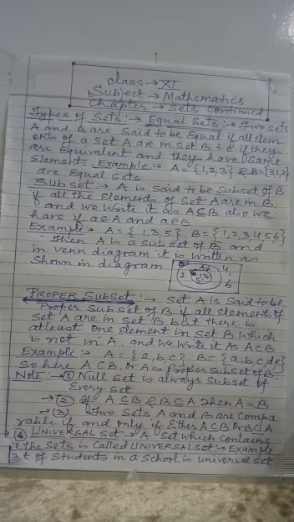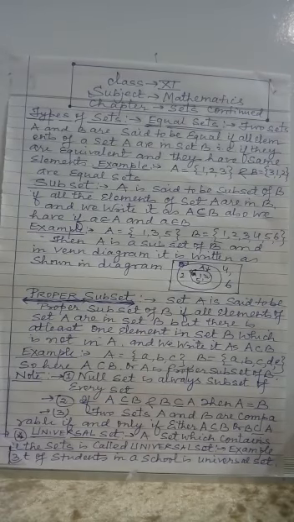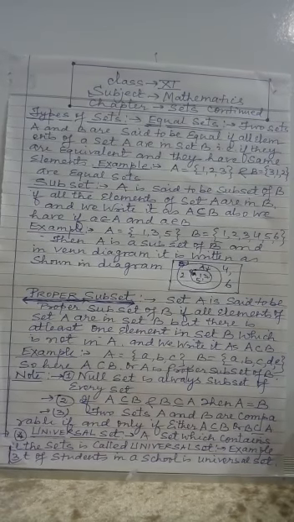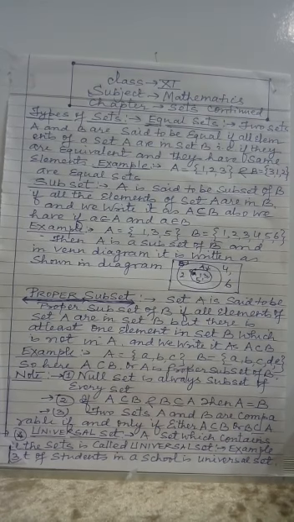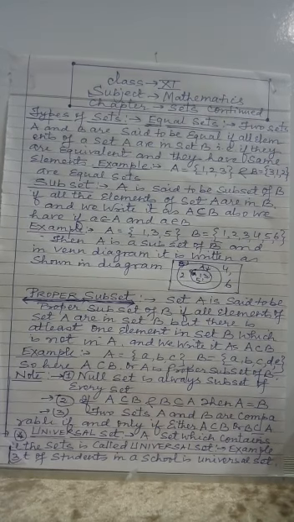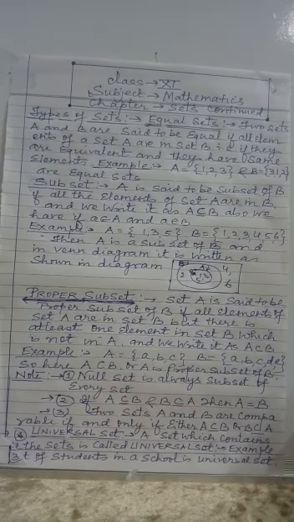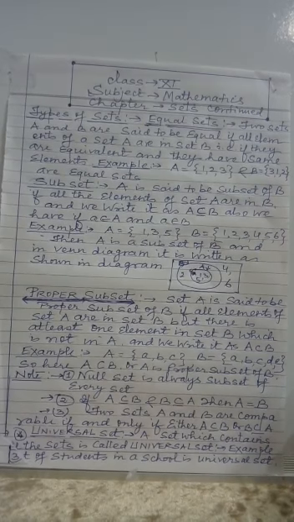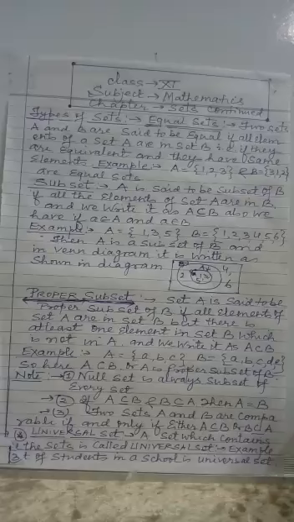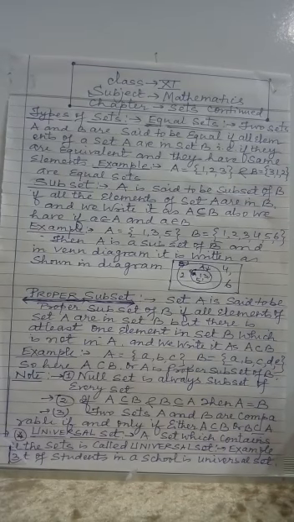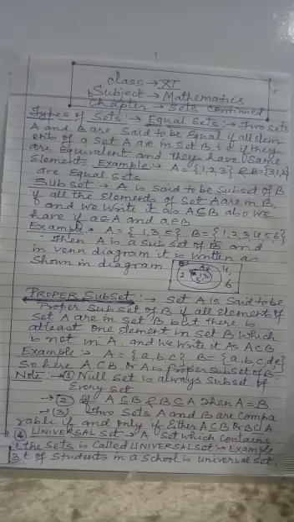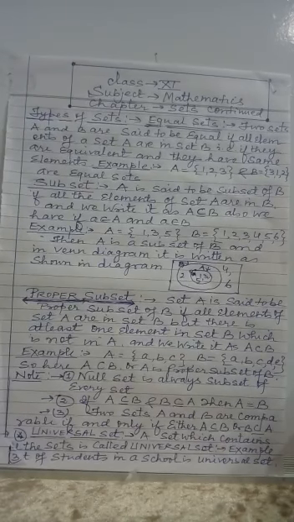Note here, you have to make these 3 notes. First, the null set is always a subset of every set. The null set was explained last time. So phi is a subset of every set. Second, if A is a subset of B, and B is a subset of A, then A and B are always equal. So whenever you have to prove A equal to B, two sets equal in set theory, you have to prove A is a subset of B and B is also a subset of A, only then A and B are equal. And third, two sets A and B are comparable if and only if either A is a subset of B or B is a subset of A.